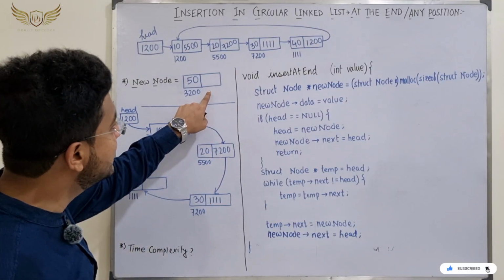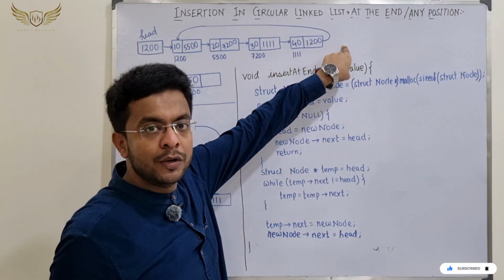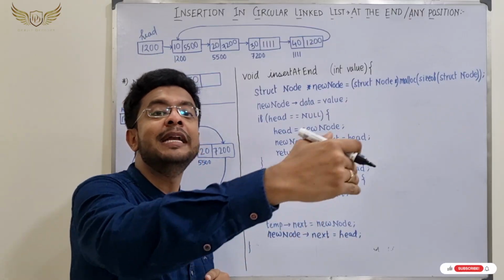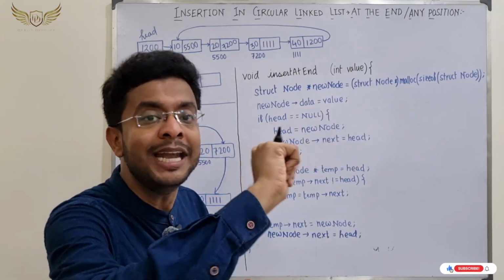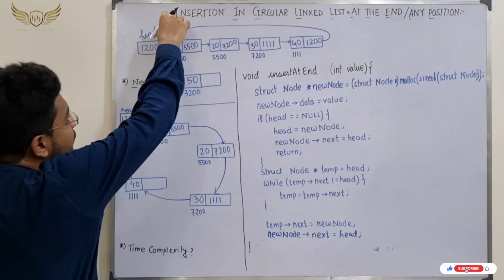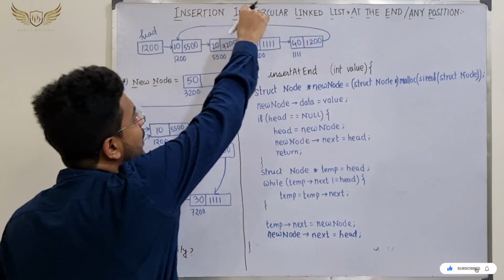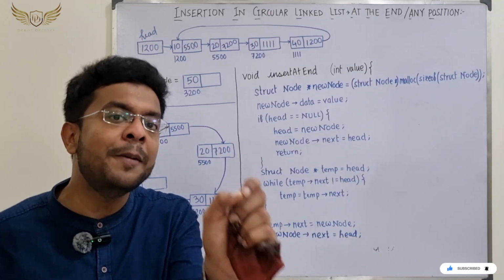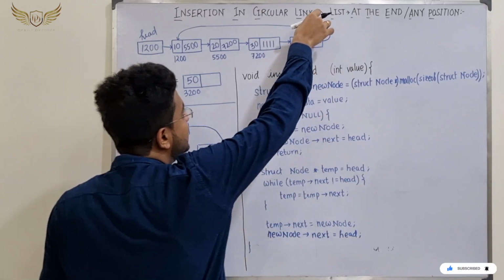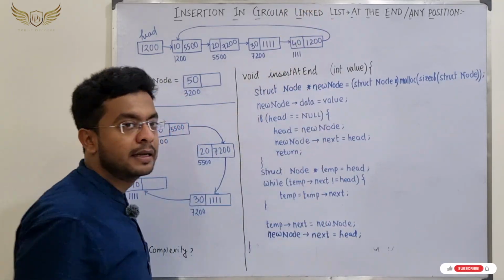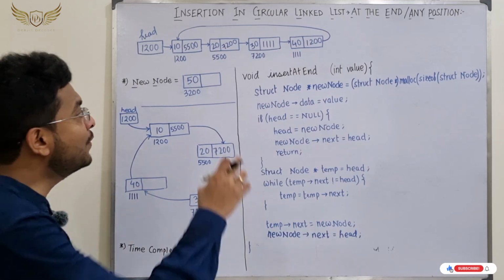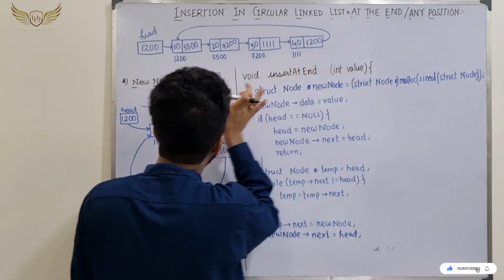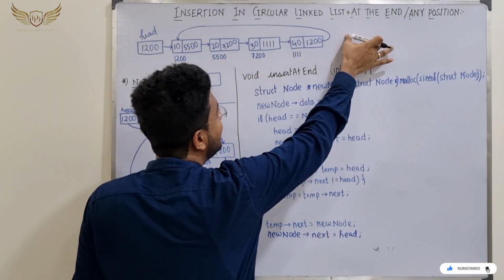So if we want to insert something at the end, what is the first thing that should come to our mind? That we need to traverse the entire linked list to reach the end first. So we'll be starting our journey from here, traversing one by one until we reach the end. And once we have reached the end, say we have reached here, now what can be done? If this node is coming here or getting a place here,